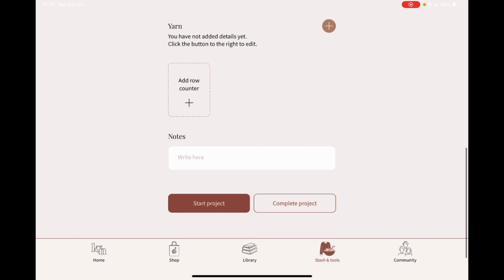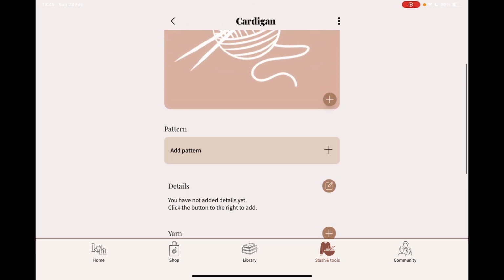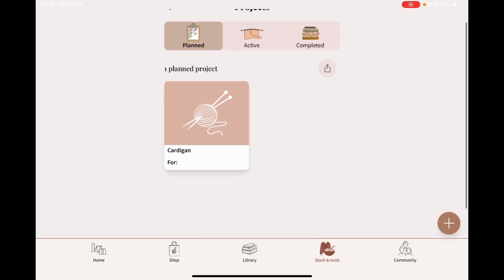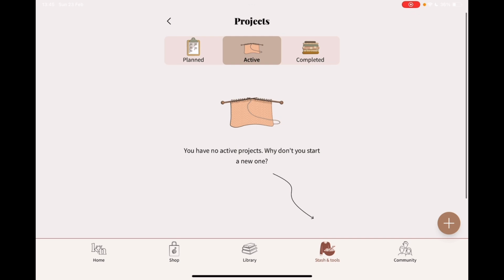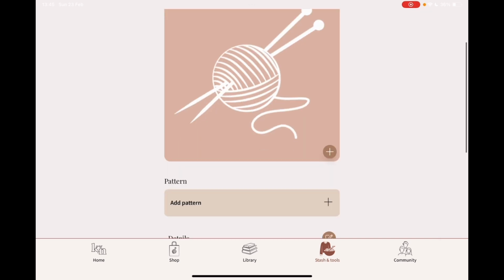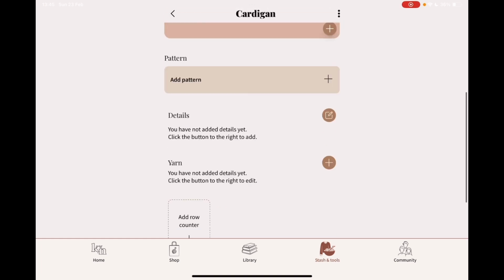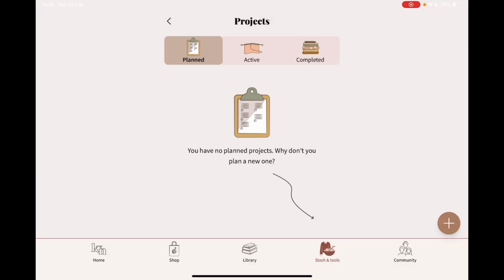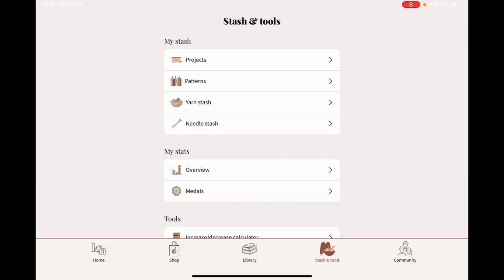Add row counter. So that is more knitting, isn't it? Row counter. Start project, complete. So you can use this as a record as well when you've started something or completed it. So it might be good for WIPs and things as well. And if we go out now, you can see planned. I haven't started it yet, so that's probably why it's not active. So you can do things like that. I'm guessing if I do the three dots, delete project, or you can duplicate if you want to remake it. So there are functions in here that I probably haven't used,